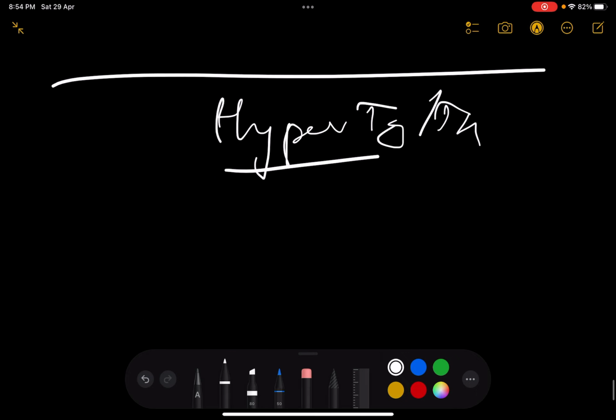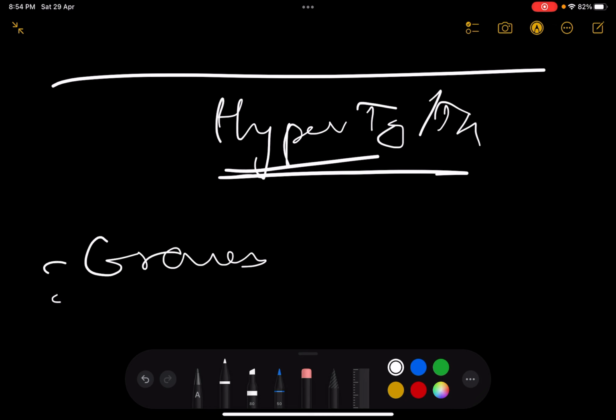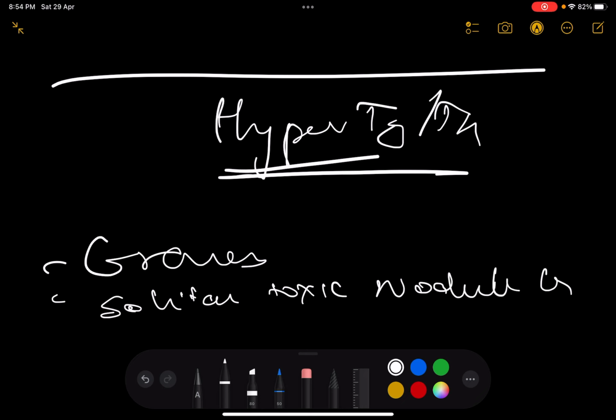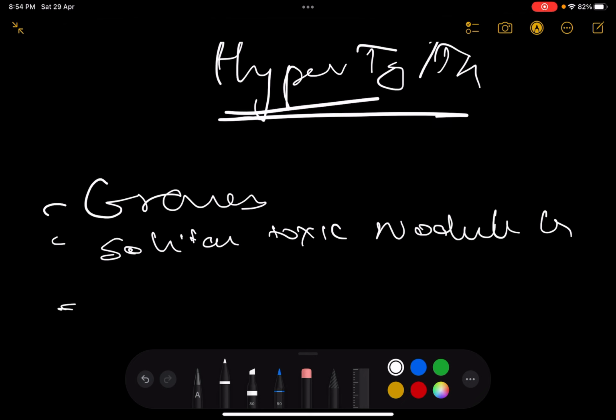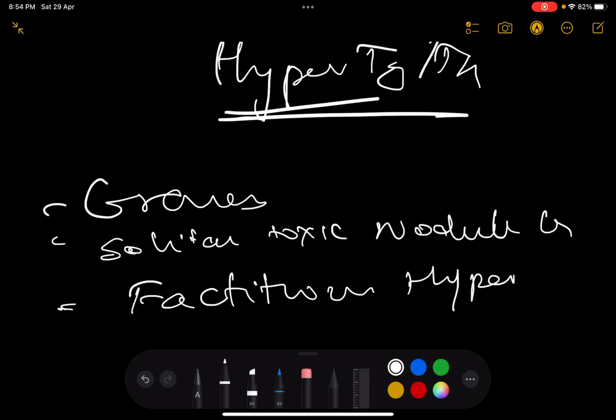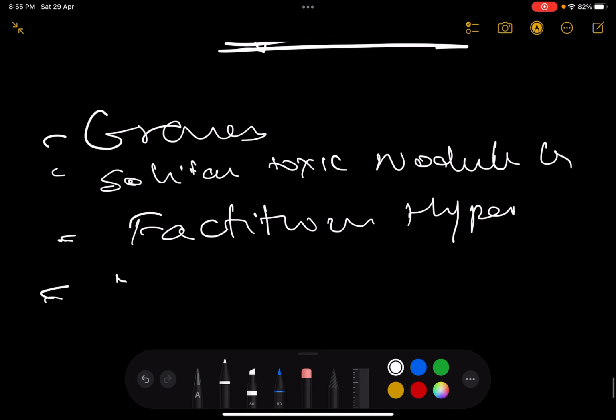So very important to know is that the most common cause of hyperthyroidism is Graves' disease, or primary thyrotoxicosis. Second is the solitary toxic nodule, where the G protein is involved. Or factitious hyperthyroidism, very rare. Actually, not as rare. Factitious hyperthyroidism is basically you're taking more of T3, T4, or it could also be because of a very classical condition called